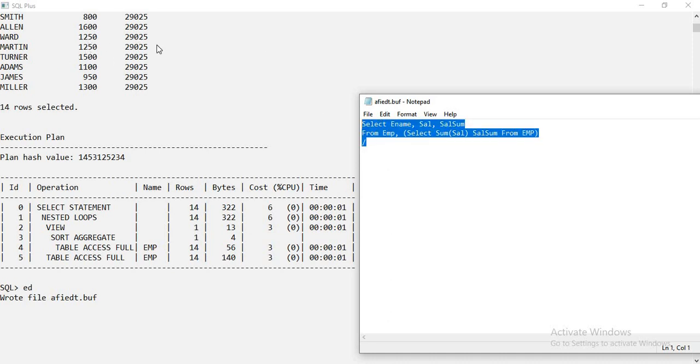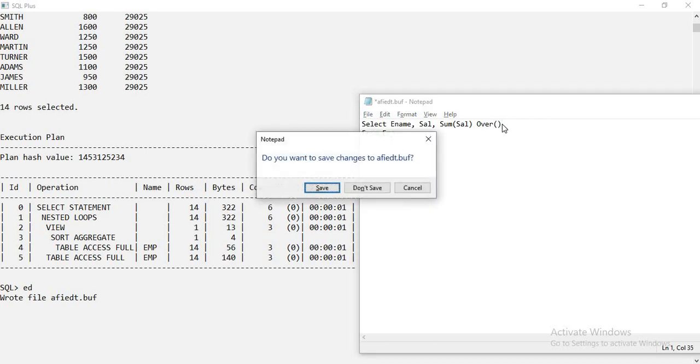I am trying to get a similar output like this. Select ename, sal, sum of sal, from EMP. Here, rather than using any inline view, I'm just using a clause called the over clause. Now when I execute this,